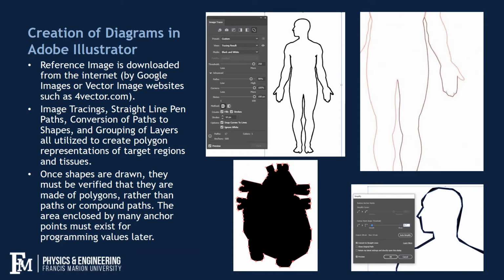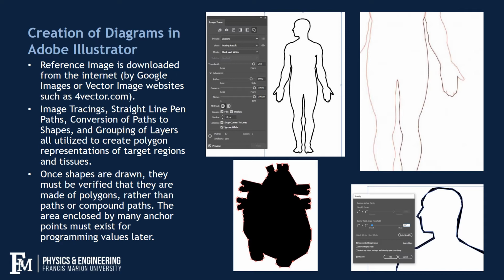So after seeing some of the current models which already exist and show us the amount of activity or dose within the body due to a radionuclide, it brings us to the creation of these more anatomically correct diagrams. And to do this, I used Adobe Illustrator. It seemed like the right choice considering that I can draw and trace objects at will, simplify paths, work with layers and name certain layers so that things are organized and I can understand